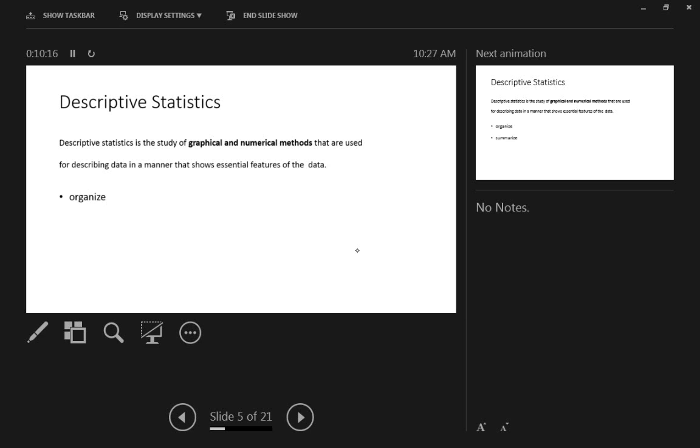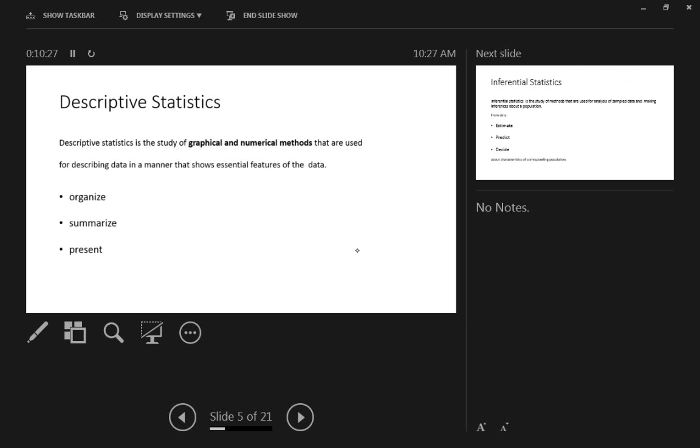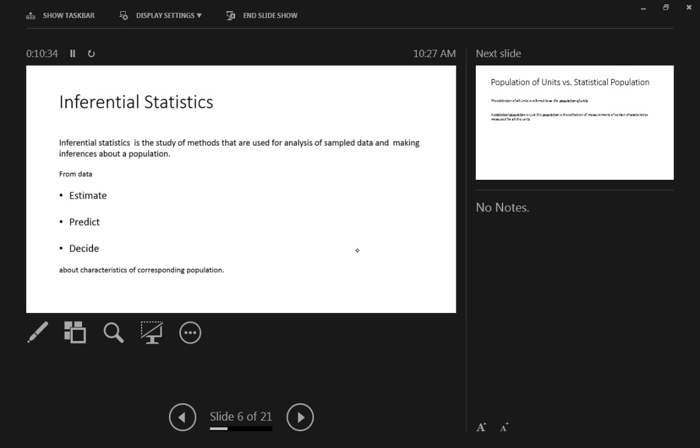So in descriptive statistics, once again, you are concerned with organizing, summarizing, and presenting data. Okay. Inferential statistics is the study of methods that are used for analysis of sample data and making inferences about a population. So like I said,